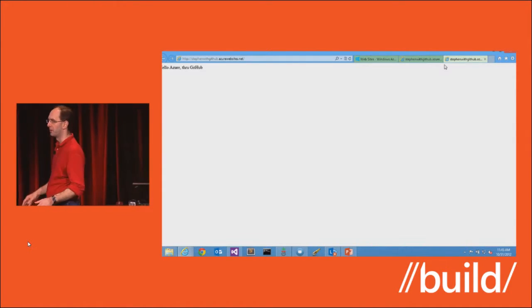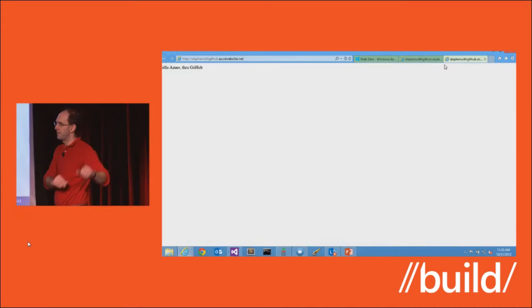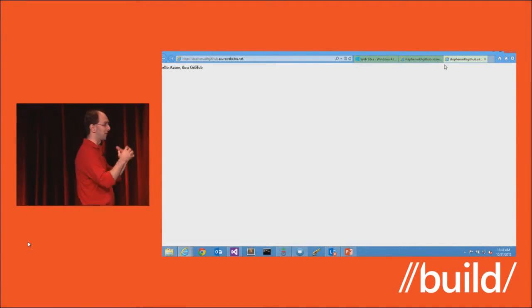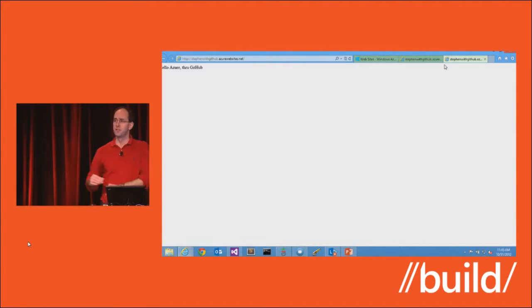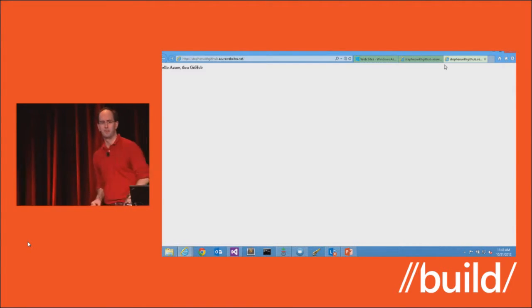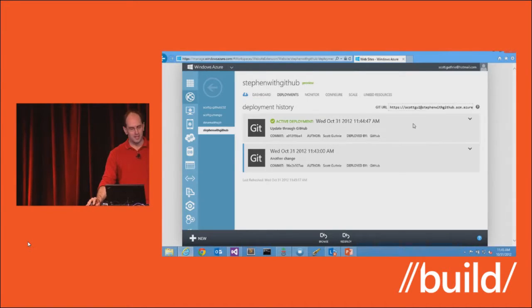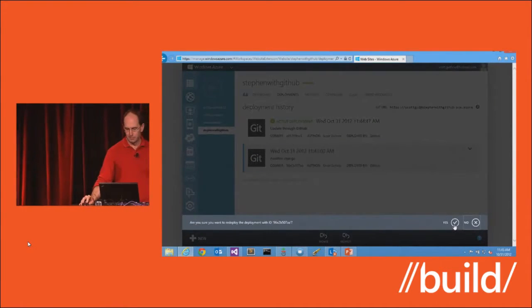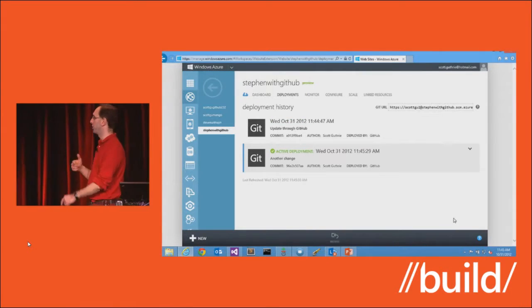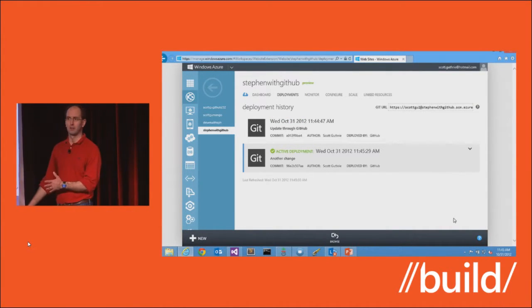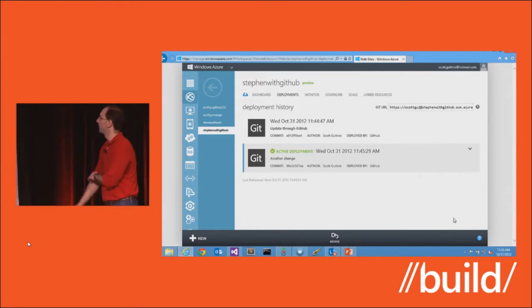So that's a simple way you can enable continuous deployment. You saw TFS in the keynote this morning. It provides a much richer environment where you can actually do builds and run tests. We also support both Git as well as GitHub-based environments. It gives you lots of flexibility, and if you ever make a mistake and want to roll back, you basically just click an old deployment, hit redeploy, and you can unwind your change and go back to the previous deployment within Windows Azure automatically. So lots of things you can take advantage of.